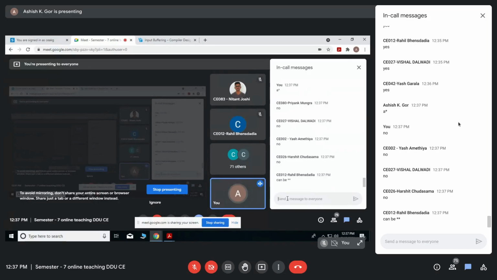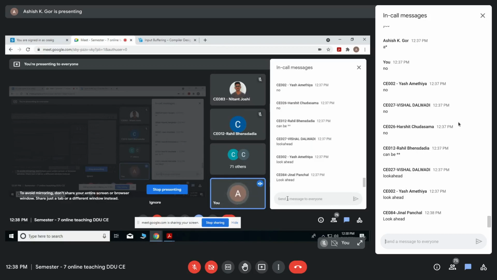After seeing star, yes, it can be star star. So to resolve this issue, what do I have to do? To look ahead, very correct. We have to go ahead, and once I have sufficient information to resolve the ambiguity, then I should say that this is the token. Otherwise, I should not say that this is a token.